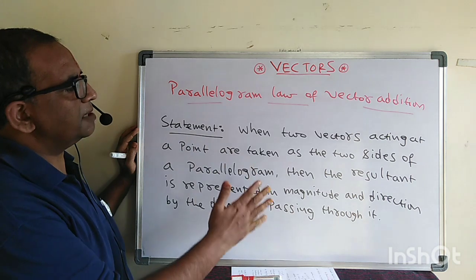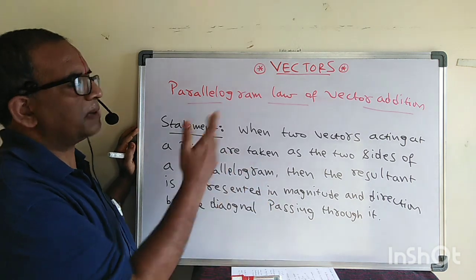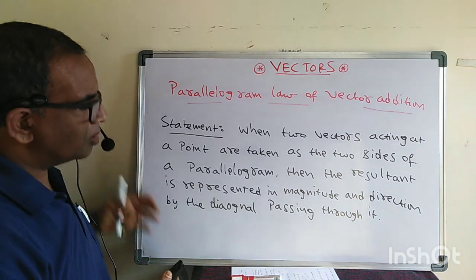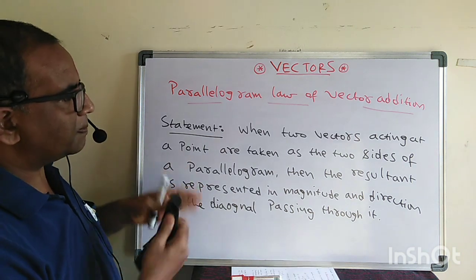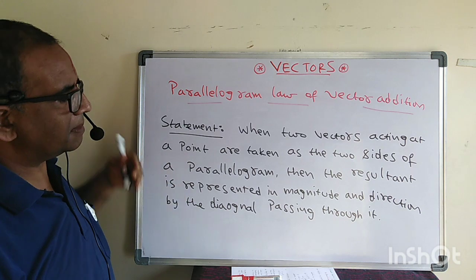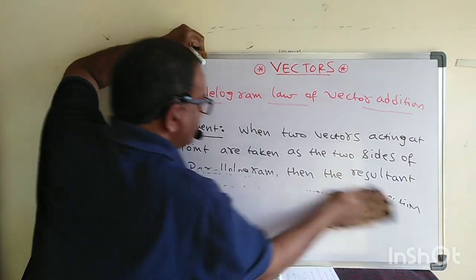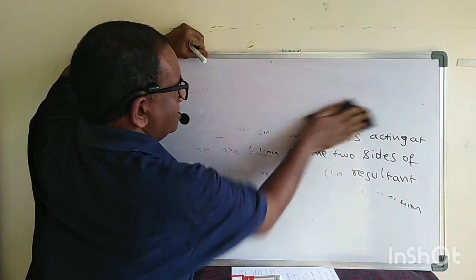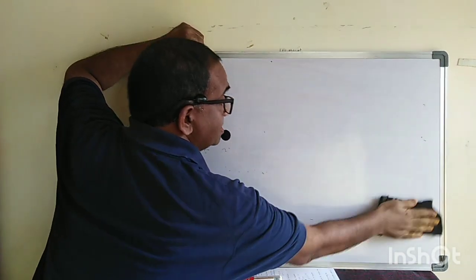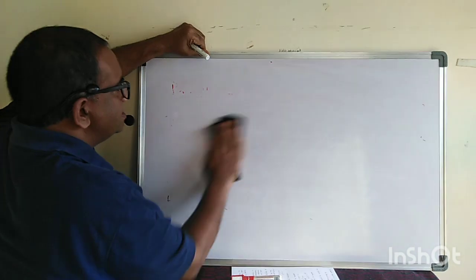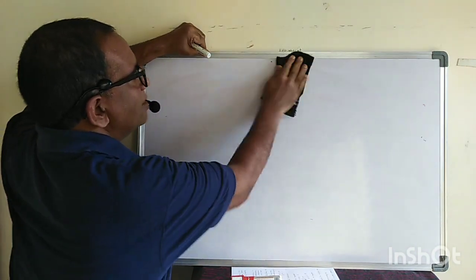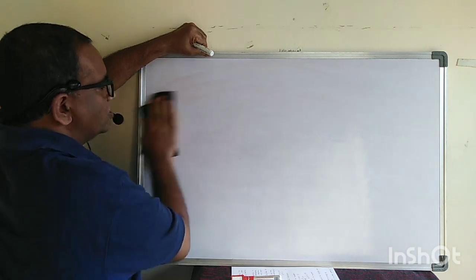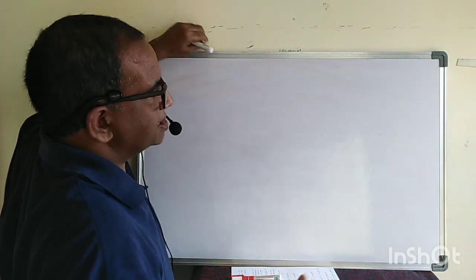Based on this statement, we are trying to prove this parallelogram law. And today I will also be solving a few problems related to this parallelogram law of vectors. See carefully here. We are taking two vectors in a plane, in the same plane. Remember, they should lie in the same plane. They do not belong to different planes. That is another important question, so that also we will discuss here.